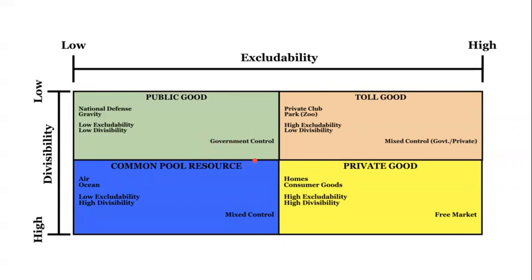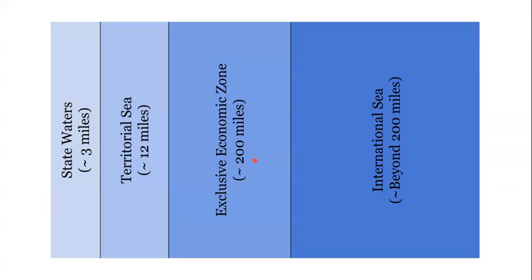So let me make this a better example here. We'll move beyond this. So only so long as the resource is in the control, if the fish moves outside of U.S. jurisdiction, then the ability of the U.S. to assign the property right to a private commercial fisher no longer exists.